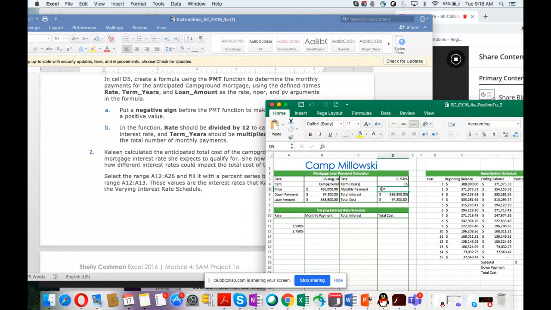So for the monthly payment, you type in equal PMT, opening bracket, rate is this one, okay, D3 is the rate, comma,